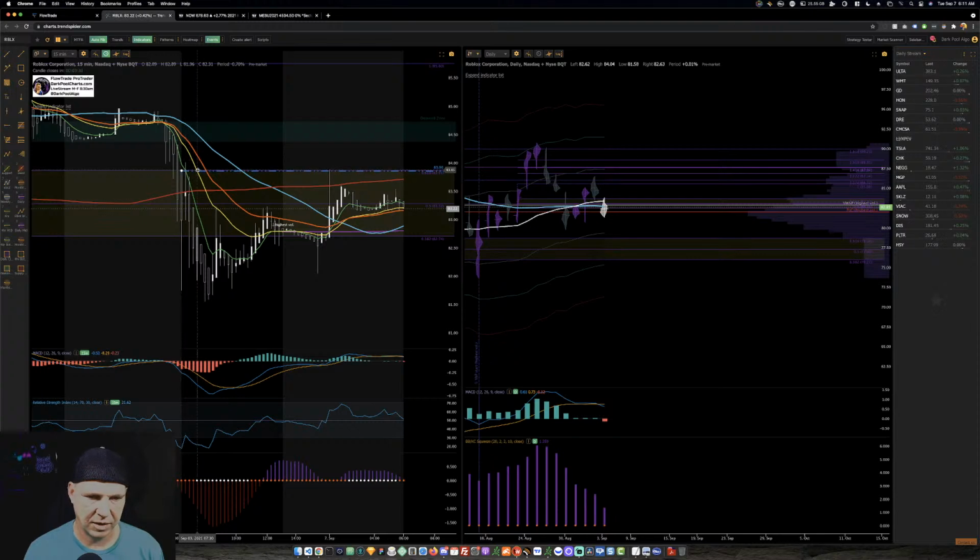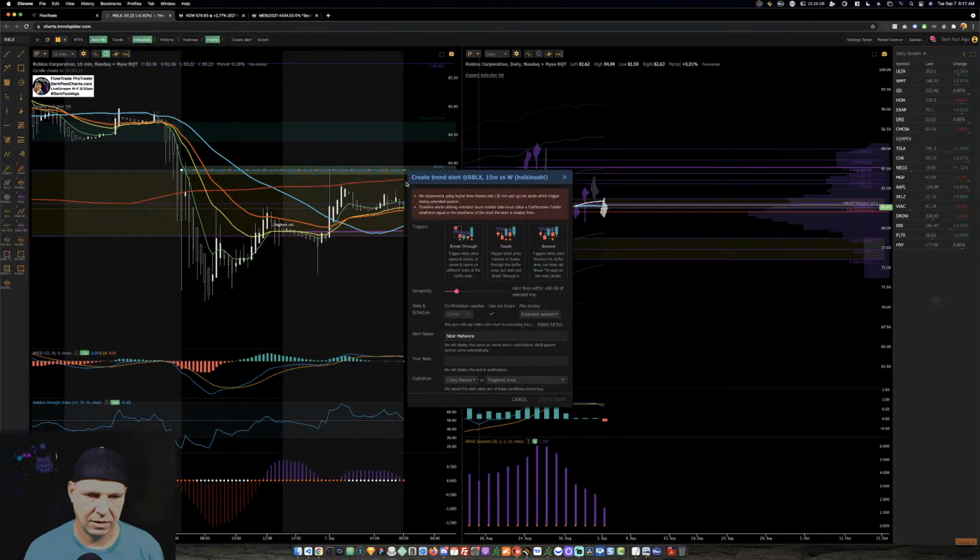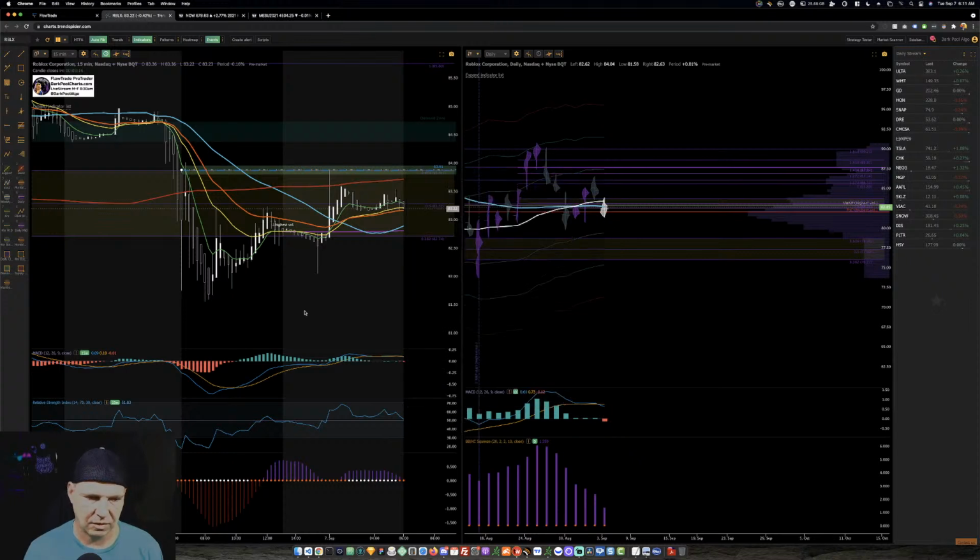And my fib level might be off a little bit. All right, so create an alert: breakthrough, touch, bounce. Sensitivity is pretty decent. Note would be Roblox long. We'll give this a couple days, possibly to the end of the week, and then I'm going to create one here